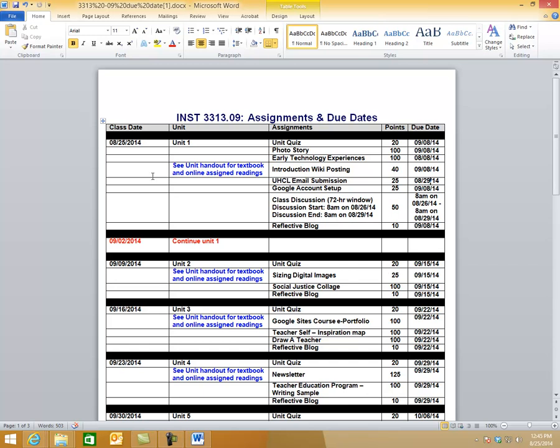But since we're just getting started with Unit 1, and there's a lot of things in here, make sure that you give yourself plenty of time to do this photo story, and everything else should be pretty fast. The unit quiz might take you a little time too, but make sure, look at all the points that you have. If you try to start this photo story the day before it's due, you're going to be crying, so don't do that. Okay.